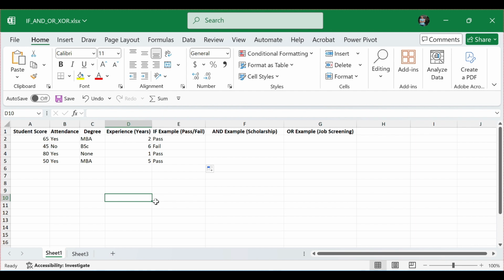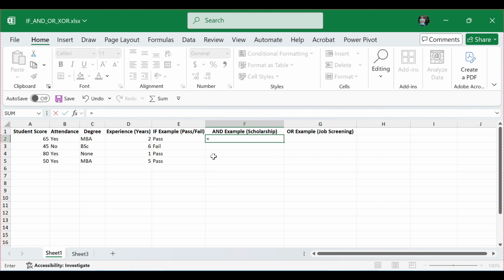Now let's see the AND function. AND requires all conditions to be true. Okay, if a student, for instance, is eligible for scholarship, let's see how we can find out if they're eligible for scholarship using the AND function. What we'll do is enter equal sign IF because it's a condition. So we go with the IF, open our bracket, then the AND function,